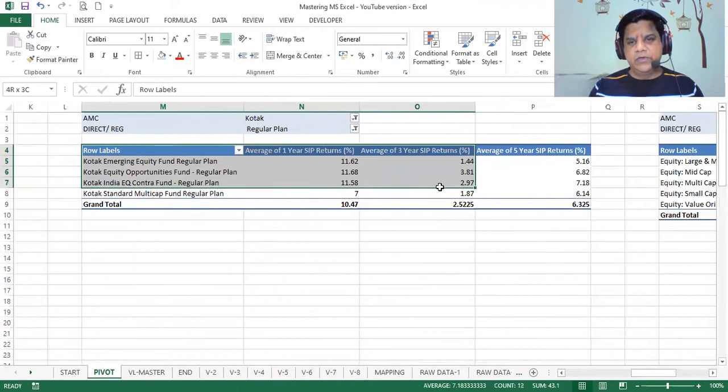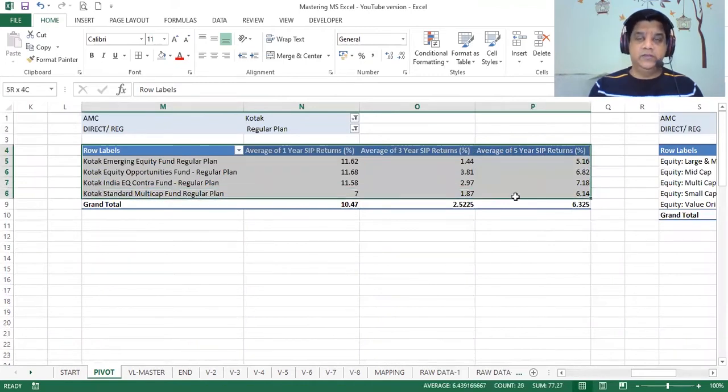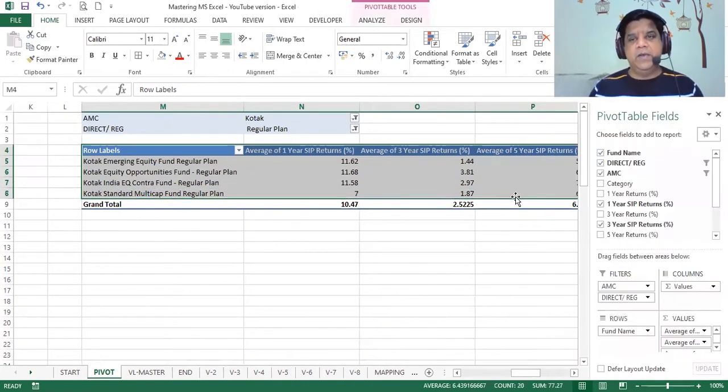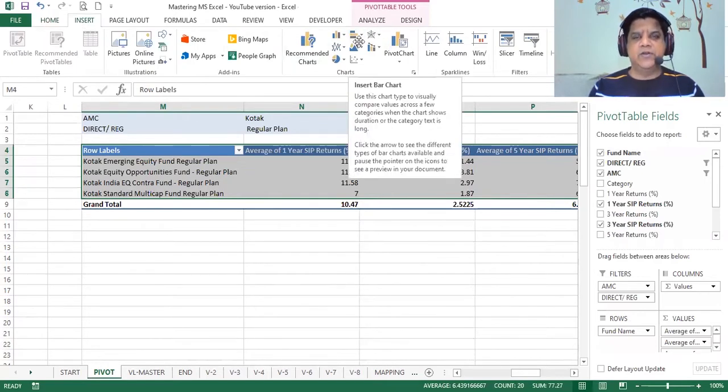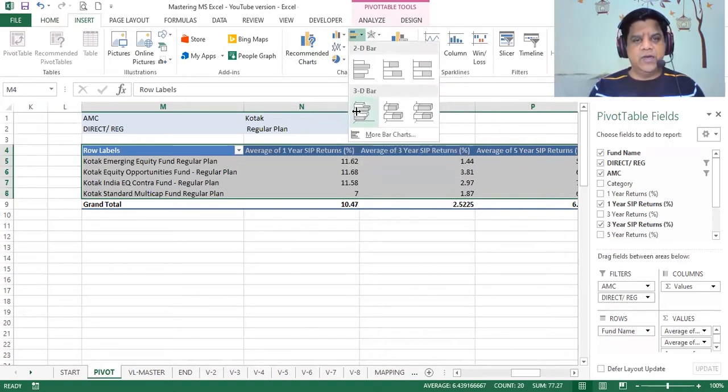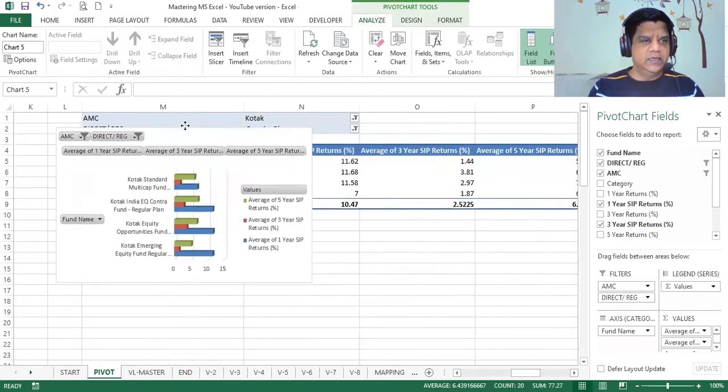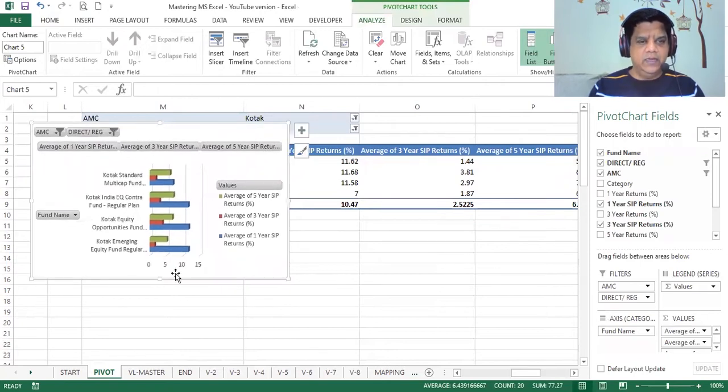Now in this, I'm going to create a pivot table. The pivot table is already there, an embedded pivot chart. As we said initially, we're not going to look at the grand totals. So I'm going to go to Insert, go to Charts. You can select any of these types as per your requirement. I'm selecting this, going to the 3-dimensional bar, and I'm going to select this. Let me place it here and increase the size of it.